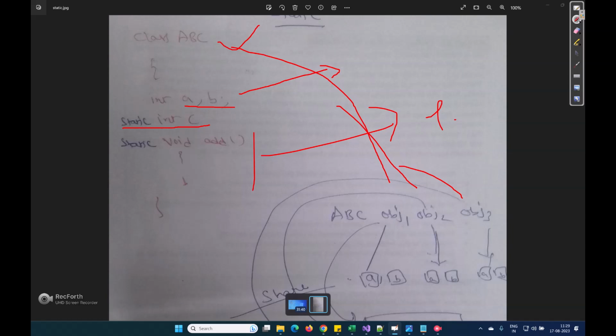Every object will have a and b with them. Why? Because they are non-static. But which are static? Integer c is static. This function is static. So those will be shared by all the objects. I told you printer is shared by all the employees. So static functions and static members are shared by all the objects. Getting my point? So when I am creating an object,